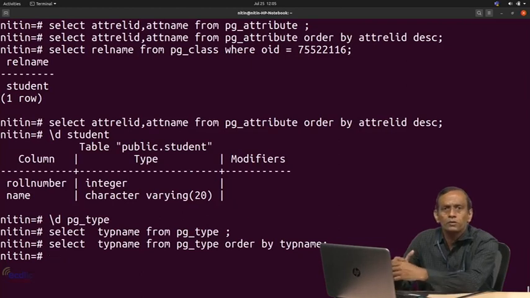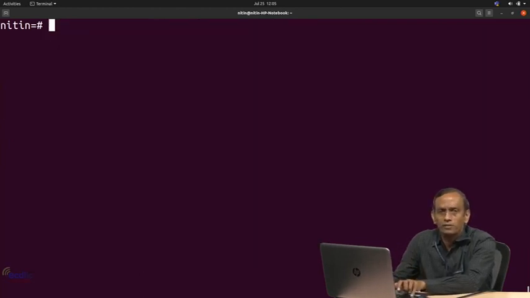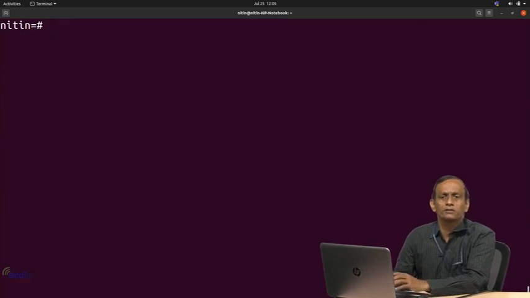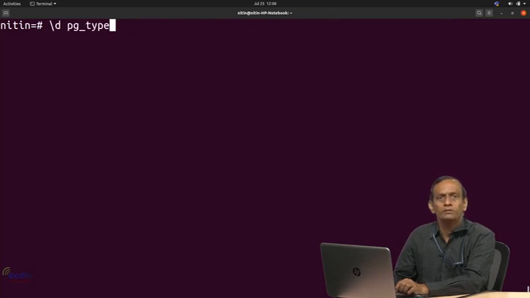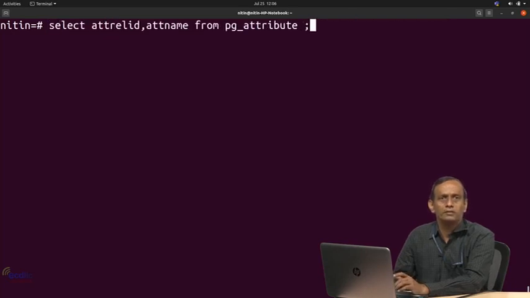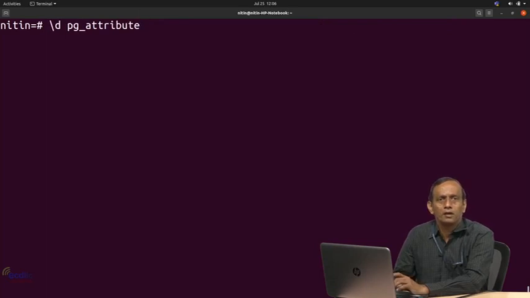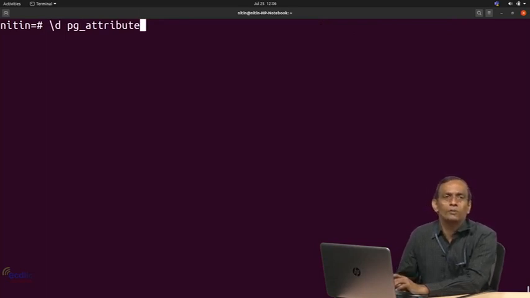So there are so many different kinds of catalog tables that are used. We saw different options, for example pg_type, then we saw pg_attribute. pg_type stores information about all types, inbuilt types or user created types. Then there is another catalog table called pg_attribute, which stores information about all attributes that have been added by you.